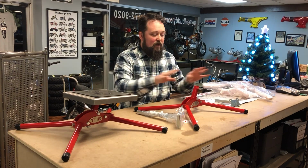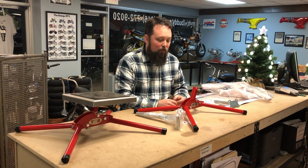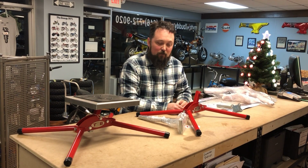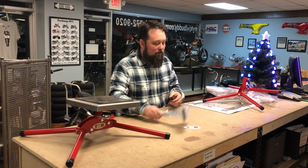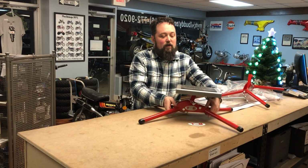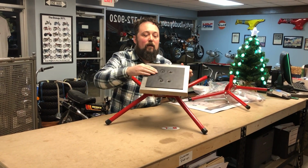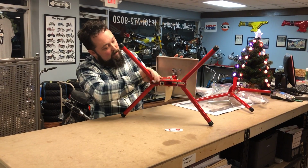Now let's say you've got everything done and you've got your mini bikes and you really want to have a nice stand to be able to put your bikes on. There really isn't a stand out there today that's low enough for the Trail 70s or Z50s or smaller bikes. So another attachment that you can use for your Trailbuddy bike building stand here is our top plate. This plate here will come with a rubber anti-skid piece. It'll come with all these little bolts and nuts,